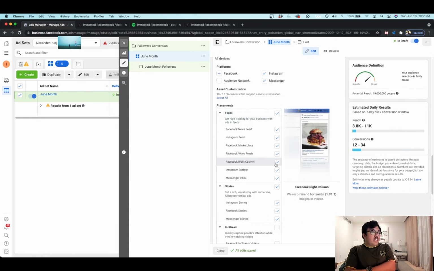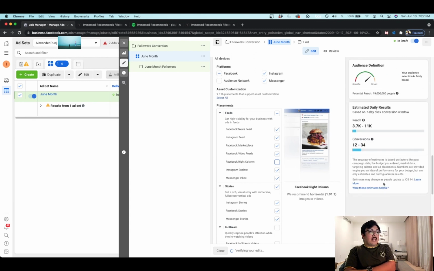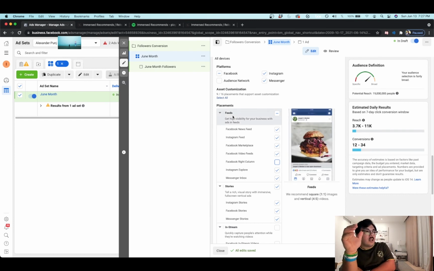Let's get rid of the right column one because that one is not necessary. Your estimated daily results are going to update as well, and they're just going to stay pretty much the same. The reason that I say that you should do stories and feeds is because even though stories are not as propagated and not as overly saturated, you're still going to need that feeds to be able to generate those types of reaches and conversions. Now, if I got rid of the feeds,